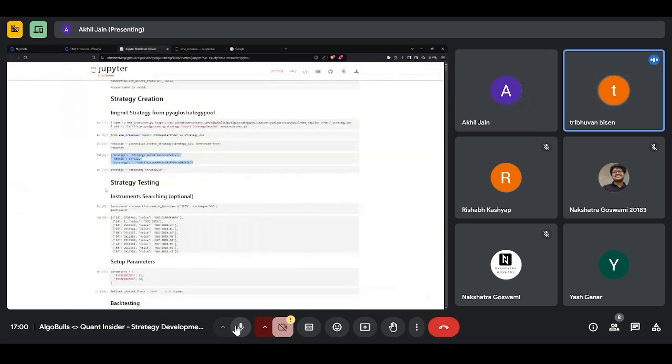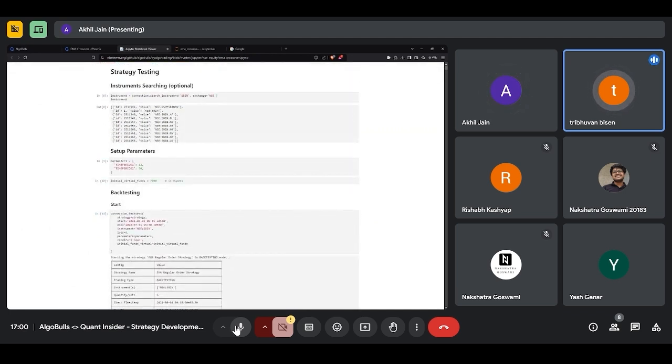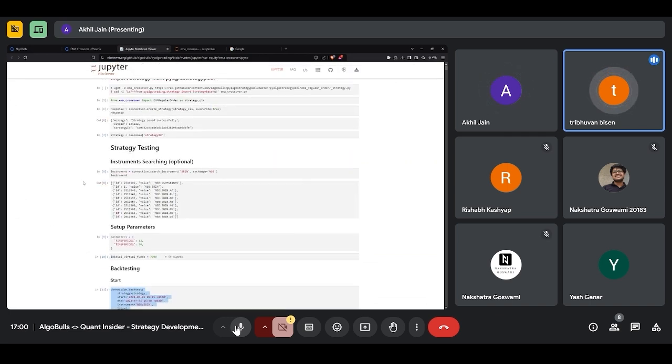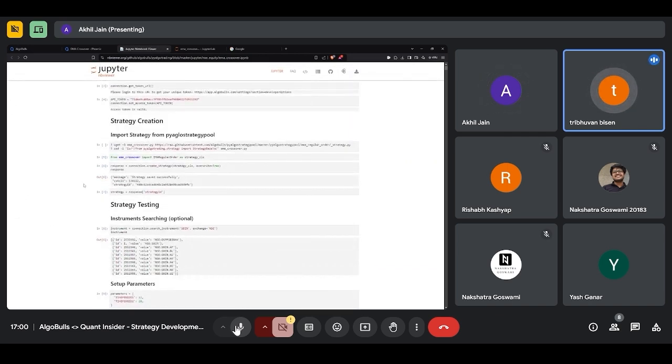Can I, otherwise, use Jupyter Notebook? Go again to the import strategy part. Here you are getting it from a PyAlgo strategy pool, right? Import strategy from PY, from the GitHub repo. What if I have a strategy which I've coded and it is based on something like linear regression? Do I need to put it in a text file like you said?